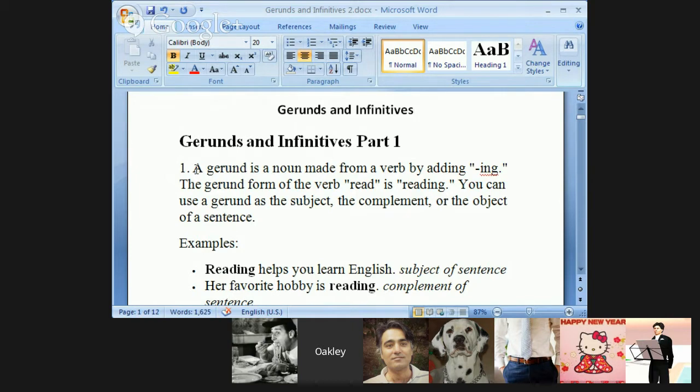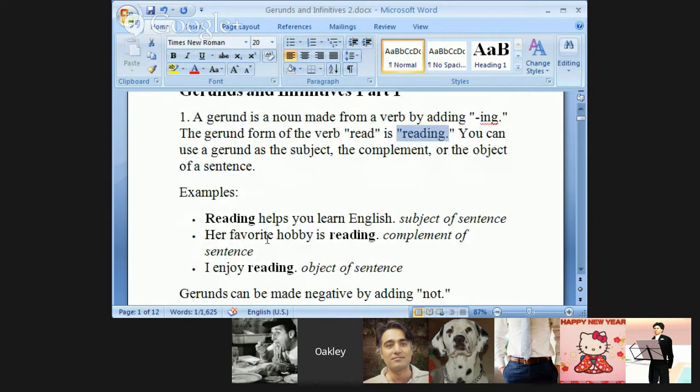A gerund is a noun. It's used as a noun. It's made from a verb by adding ing at the end of the verb. So the gerund form of the verb read is, of course, reading. You can use a gerund as the subject noun, as a complement noun, or as the object noun of a sentence. For example,